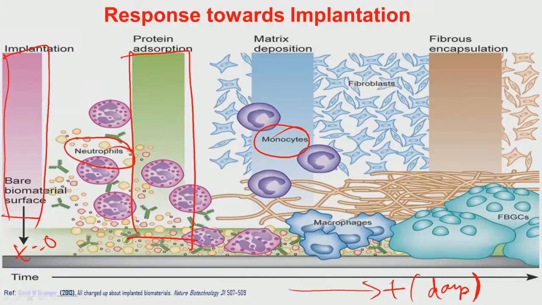Then after that you have fibroblast cells, because fibroblast cells are connective tissue cells, they form the connective tissue. These fibroblast cells come and adhere on the material surface, and that is the reason why fibroblast cells are used more widely and extensively in screening biomaterials at the in vitro level. I repeat, fibroblast cells are one of the widely used cell lines which researchers use while assessing